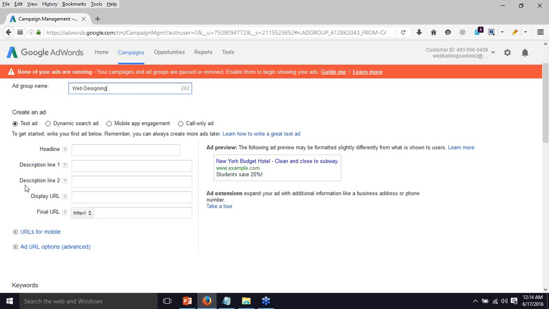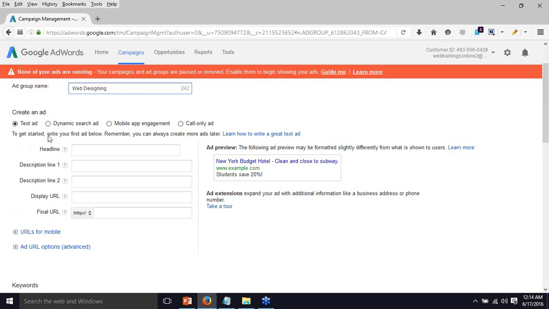So let's say at a basic level, I want to create an ad. Here I need to give the main headline. That's what you see in Google AdWords, the main headline which we get on the top as a blue color link. That's the headline, and it has a 25 character limit. Then we have description line 1 and description line 2, which give more details